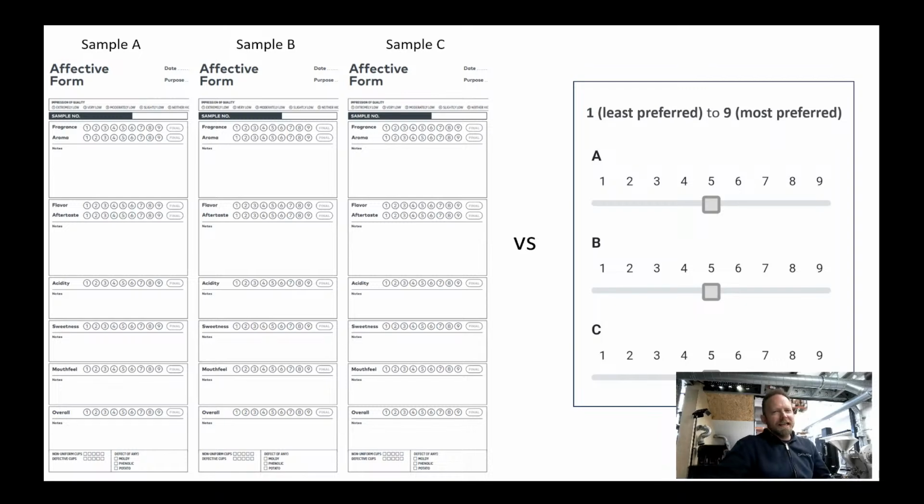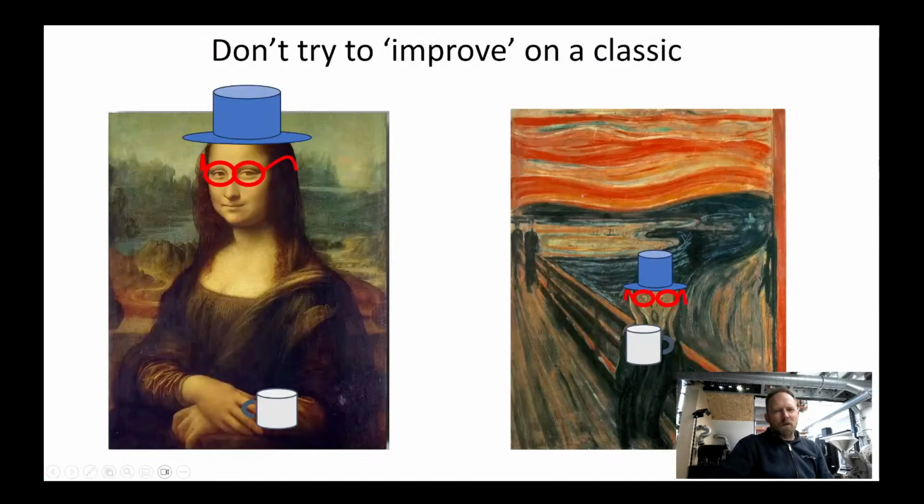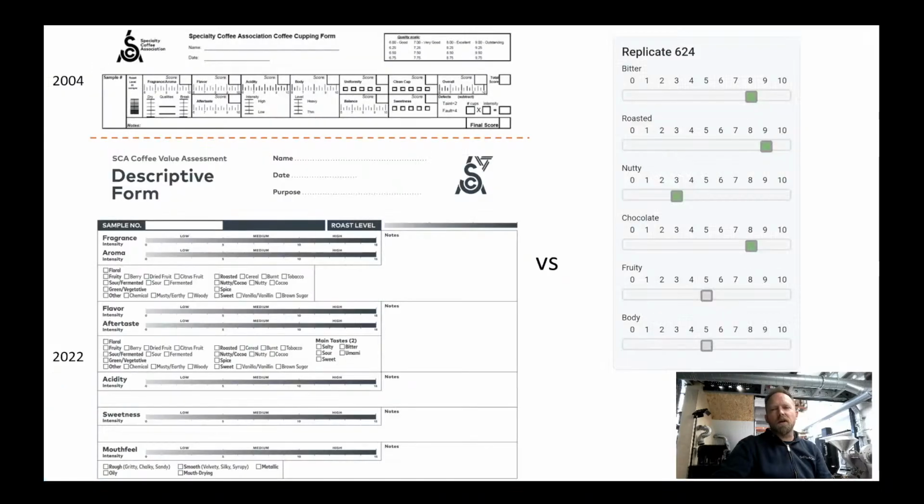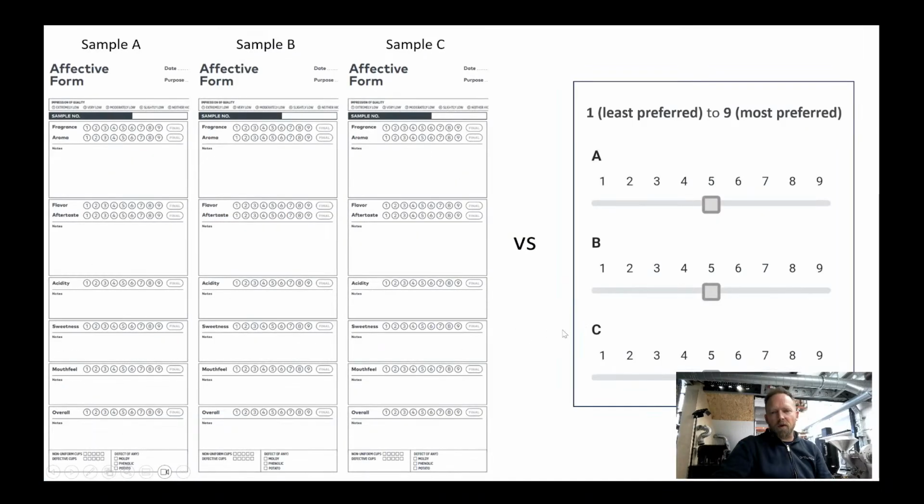And it's a bit weird to have a consumer part that's not supposed to be filled out by consumers. That is such a big deviation from sensory science that I just go back to this picture, that's the best way I can illustrate that. Don't make these creative adjustments to the classics, because you will end up with a system that nobody understands. And even if they create data, nobody really knows how to execute or interpret the data.